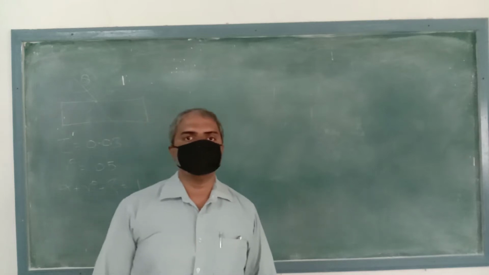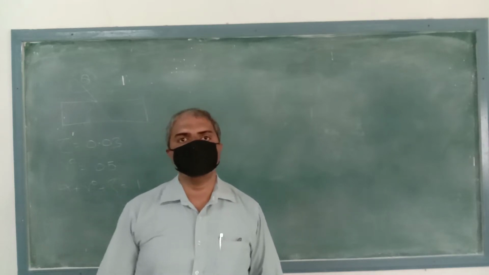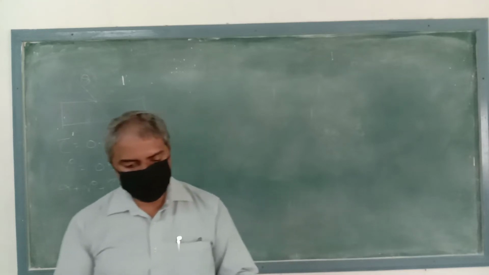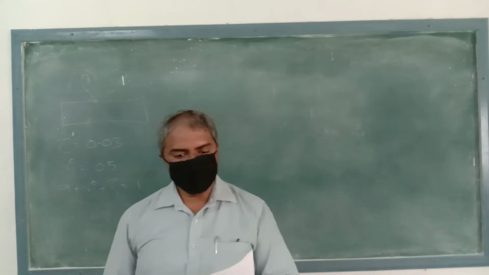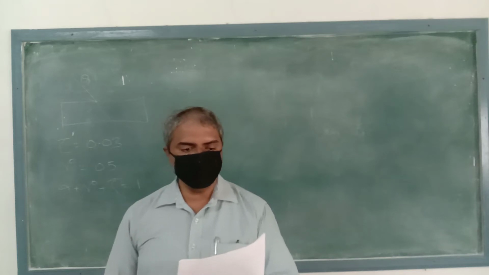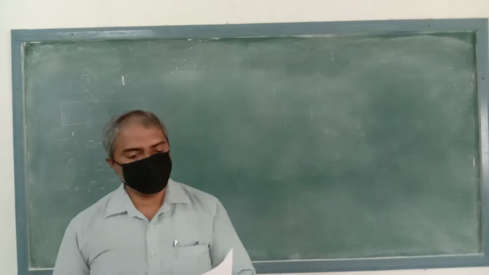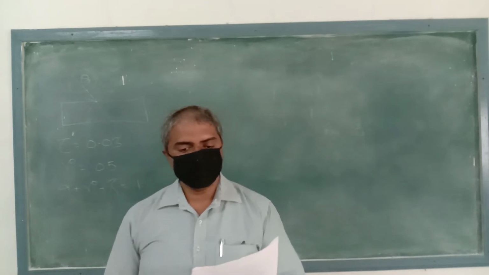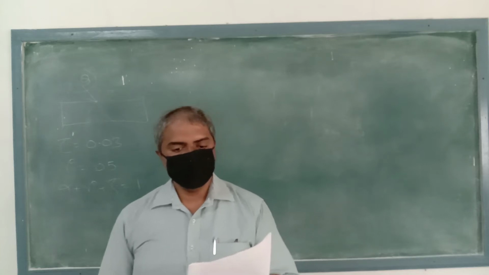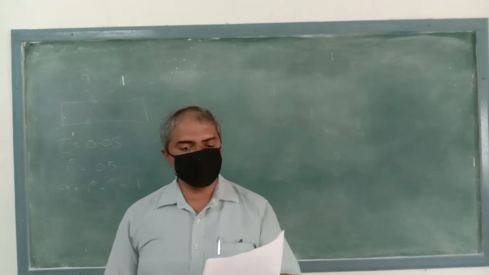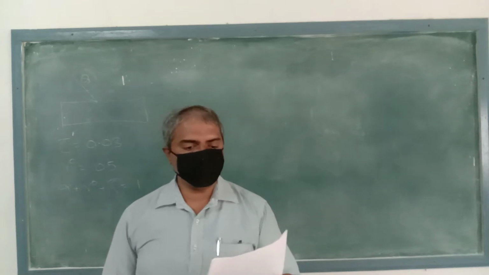Good morning students. Today we are going to discuss numericals on radiation. First of all, write down the numerical. Radiation strikes an object with transmittivity of 0.03 and reflectivity of 0.5. The absorbed flux is indirectly measured as 94 watt per meter square.